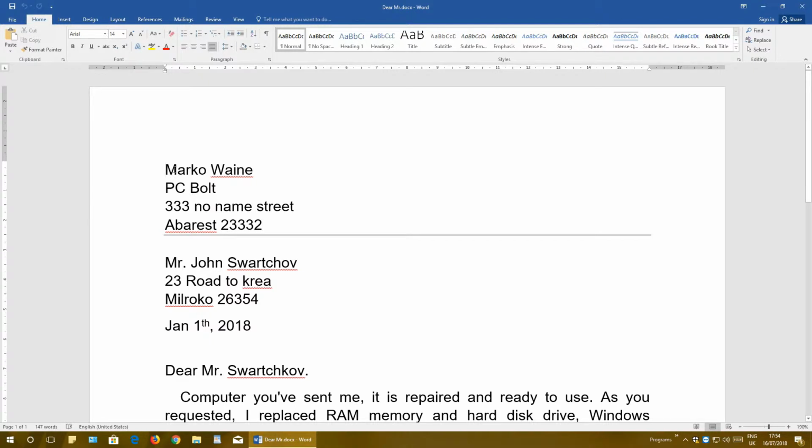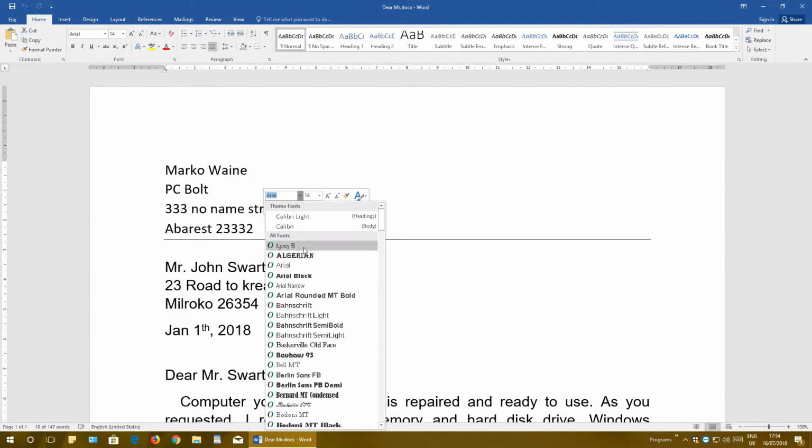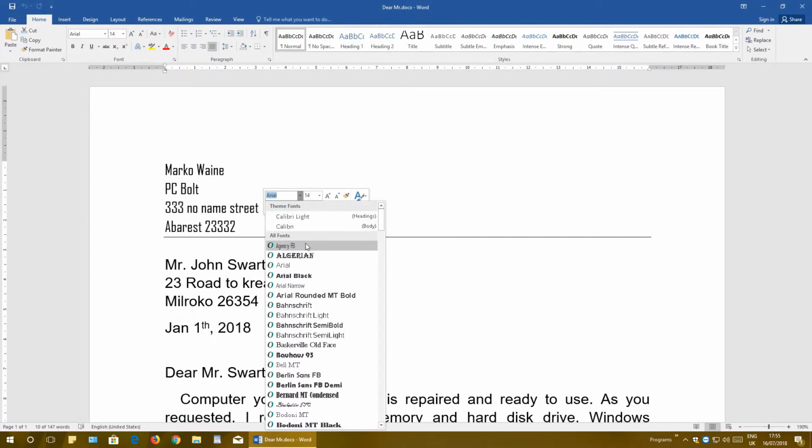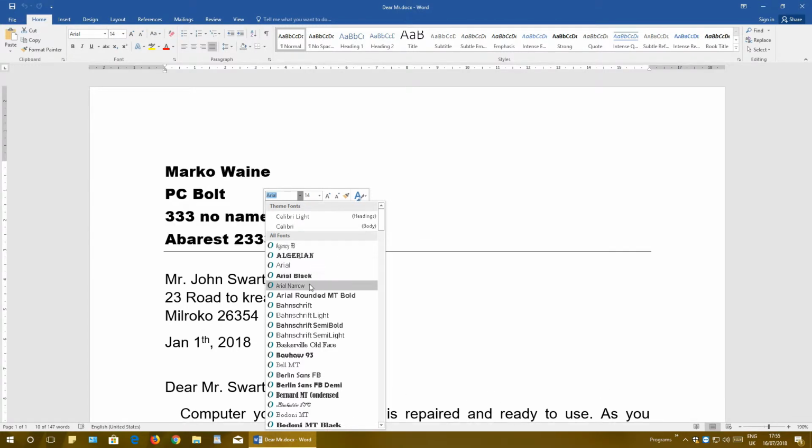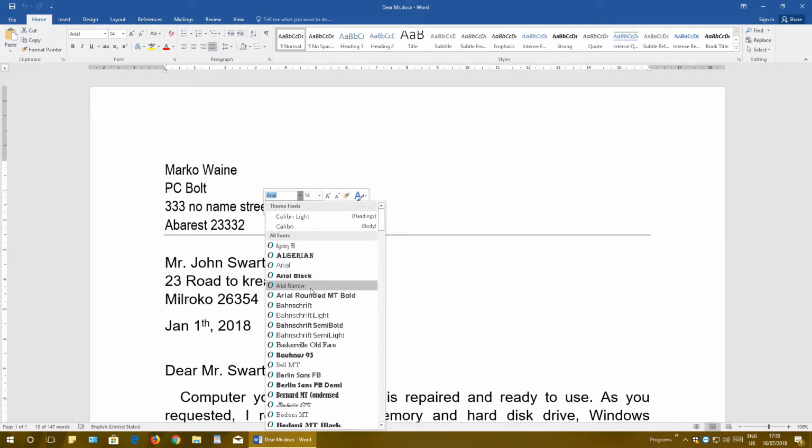Let's say you have selected the text, and when I release the mouse button, you see this window pops up. This window is named Floating Mini Toolbar, and you have all the basic functions that you need. Let's say you can select the font of this selected text just by clicking this arrow button and just select whatever you want. And as you see, it automatically shows you the preview of the text,